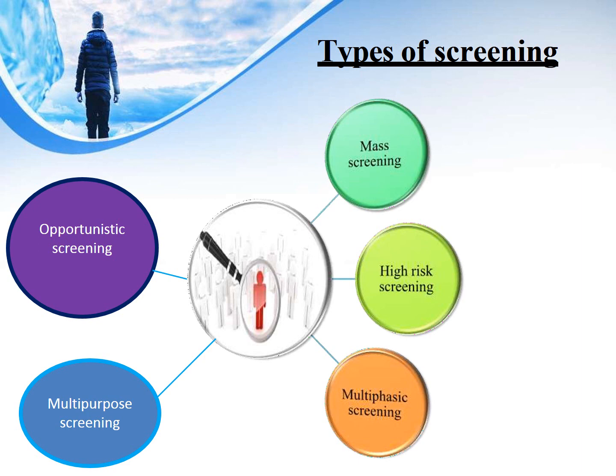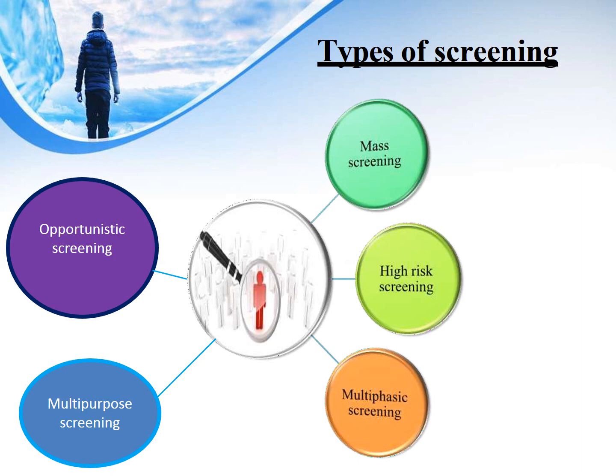Types of screening tests. There are five types of screening procedures: mass screening, high risk screening, multipurpose screening, multiphasic screening, and opportunistic screening. Mass screening is the screening of the entire population of an area for a disease. For example, night blood smear examination for microfilaria of every individual in a hyperendemic area of filariasis. However, this is not a usual preventive measure unless it's backed up by treatment and follow-up.